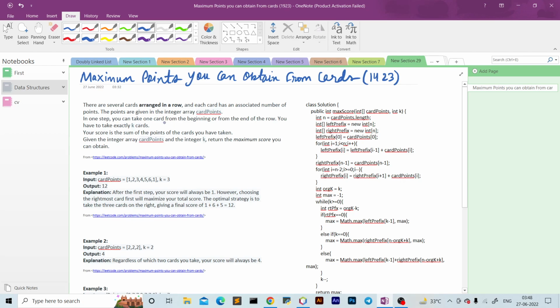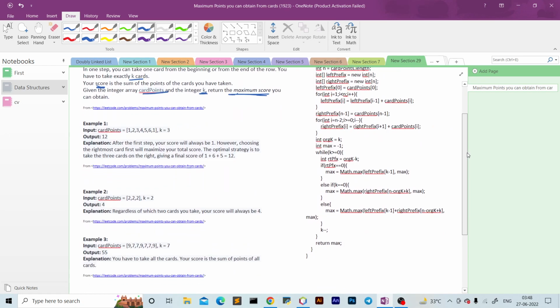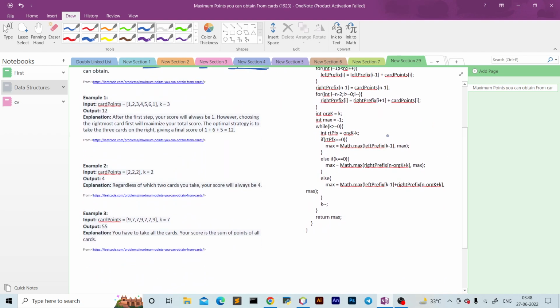In one step, we can take one card from the beginning or end of the row and we can only take exactly k cards. So the score is the sum of points of the cards that we have taken, and now given this cardPoints array and integer k, we want to return the maximum score that we can obtain. So for example in this case, if we see the maximum sum that we can obtain here